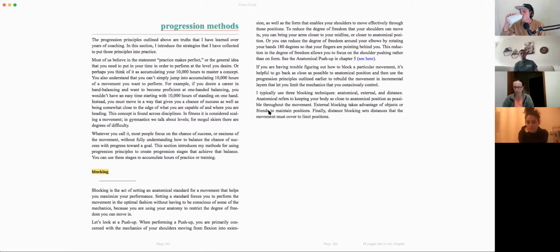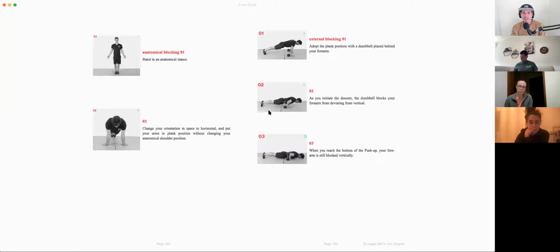Now, let's move from the progression principles to the progression methods. And these progression methods, I'm going to skim over because I want you to read them. And I'm just going to quickly address them. The first one is blocking. Blocking is learning how to use your anatomical body shape and applying it to any movement